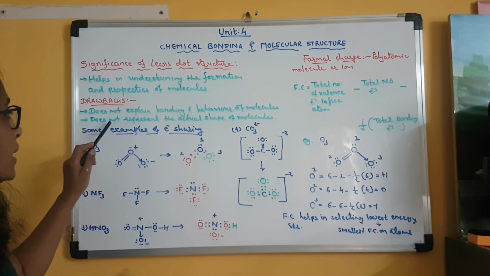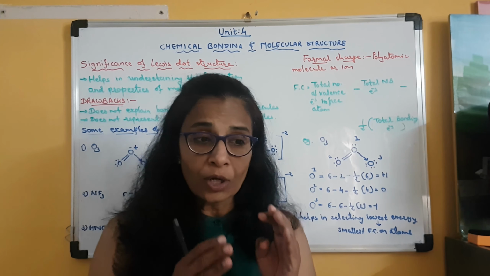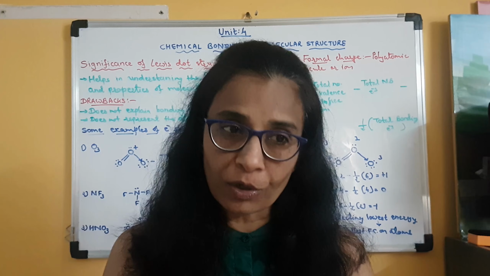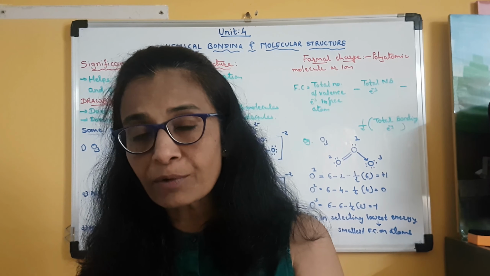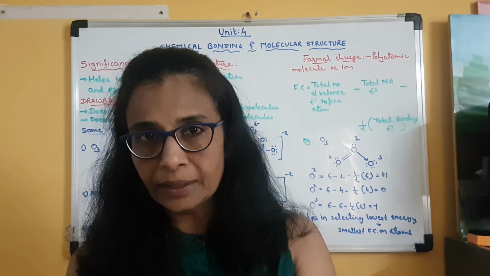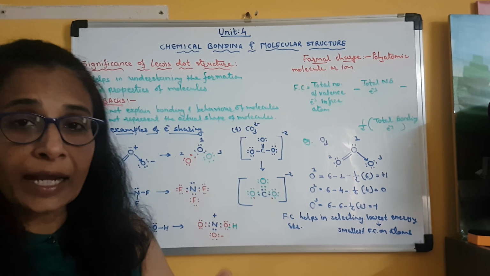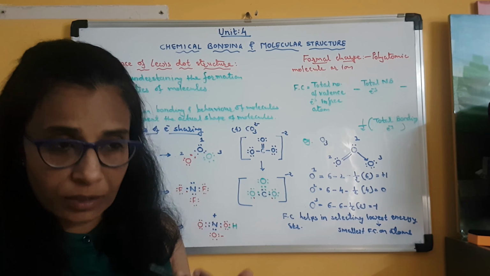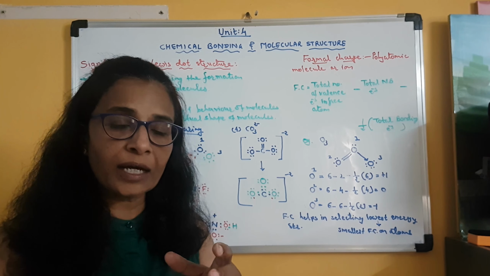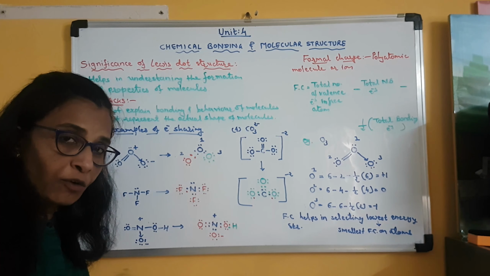The second drawback is that it does not represent the actual shape of the molecule. Clear? Which type of bond, or how the bond has been formed, whether by sharing of electrons or whatever it is, on that basis we can draw the Lewis structure for a given atom, molecule or ion. Clear? But that picture of the Lewis dot structure of any atom or molecule will not give us the exact idea about the actual shape of that molecule. So that is the drawback of the Lewis structure.